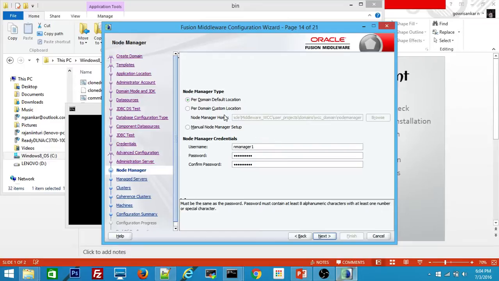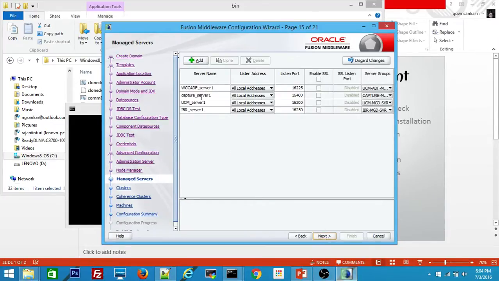So if you're not sure about the node manager, managed server, admin server, better you can read the basics of WebLogic server before proceeding further. Just say next. So it is going to create these many managed servers, 1, 2, 3, 4 managed servers. So each one has its own